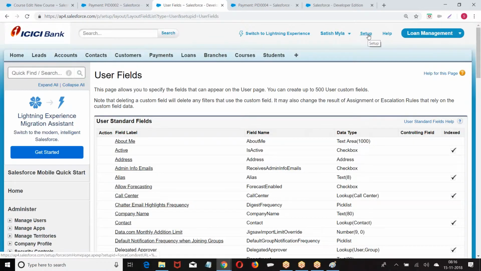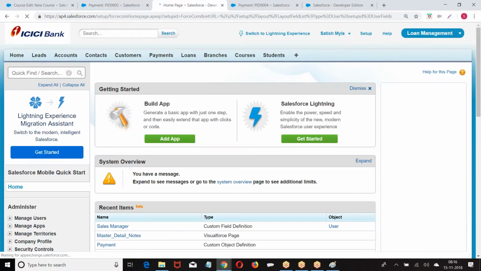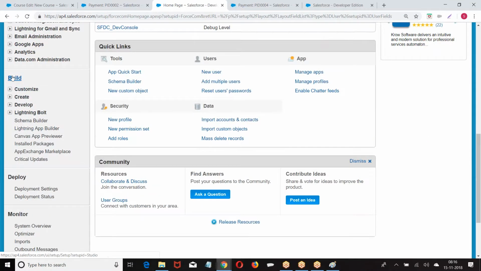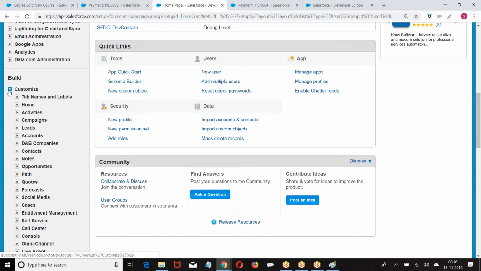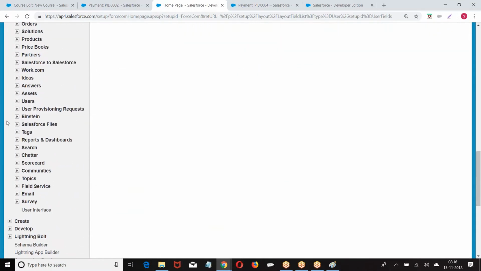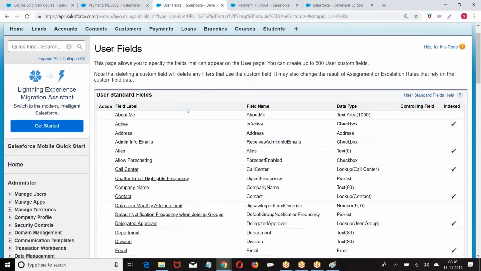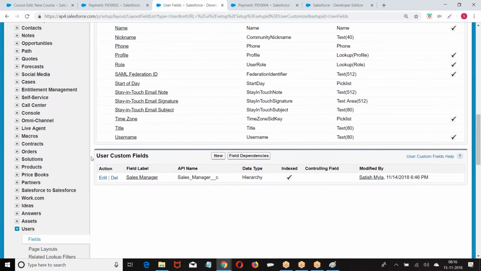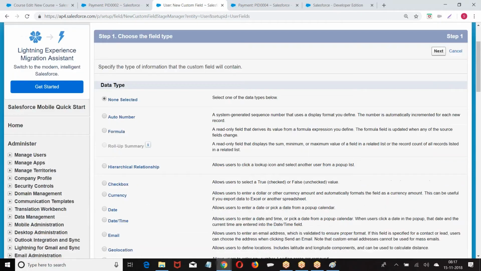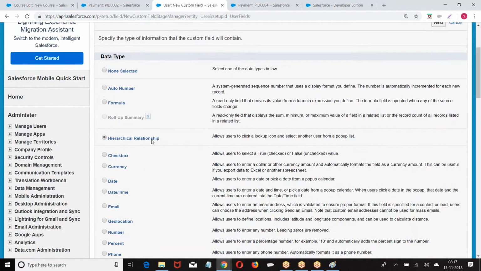What is the navigation? Setup, build, customize, users, fields, custom fields, hierarchical. We don't have lookup and master detail.